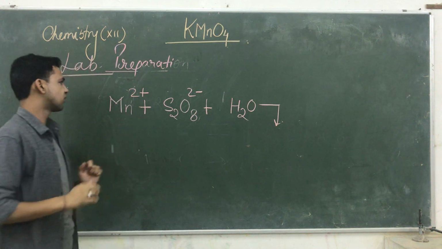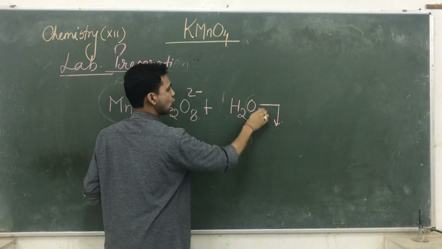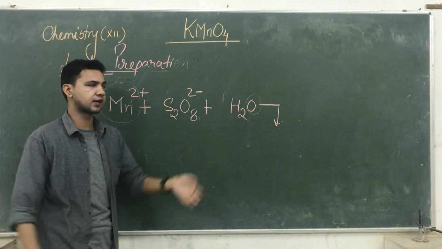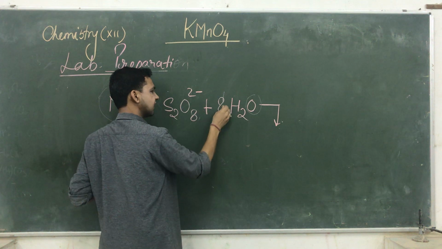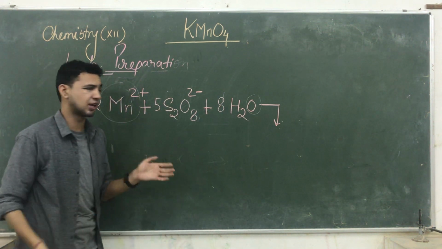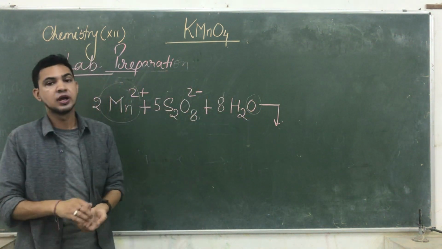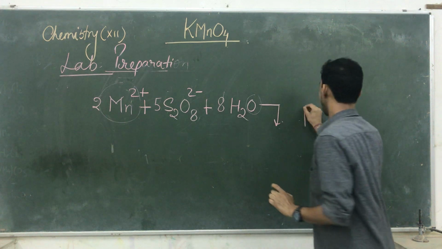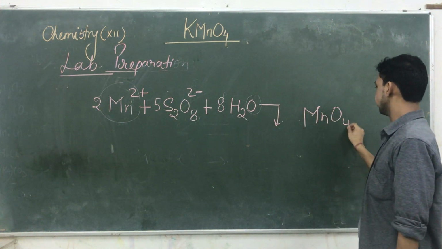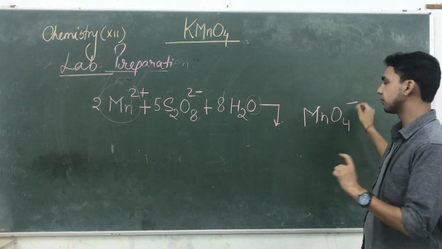Okay, so guys, what happened? Look here, the whole Mn is capable of reacting with O. Here, the Mn will react only with the O of water. So here we are taking 8, here 5, and here 2. It's already calculated. So Mn reacts with only O, so it gives you what? MnO4, because we will make KMnO4. We do not put K here, so we have to put a negative charge.